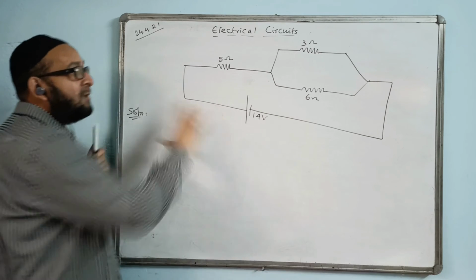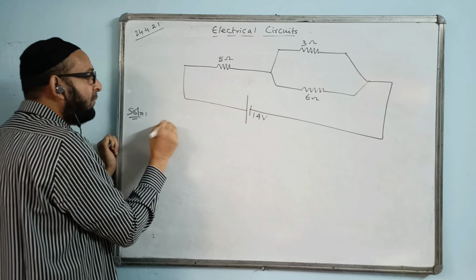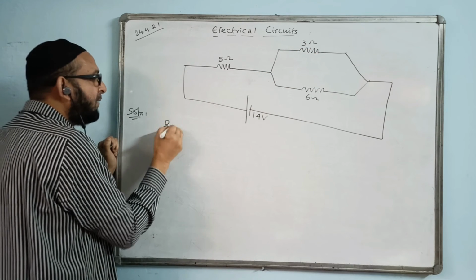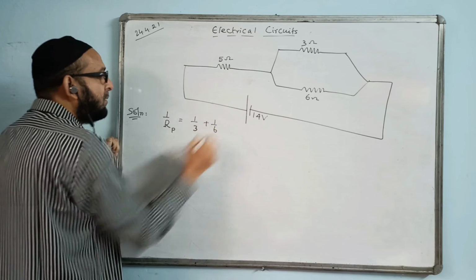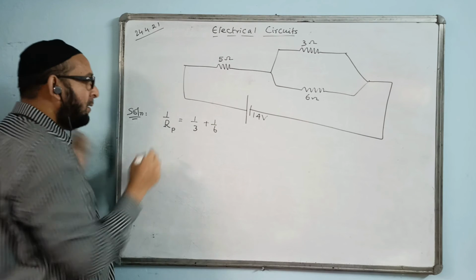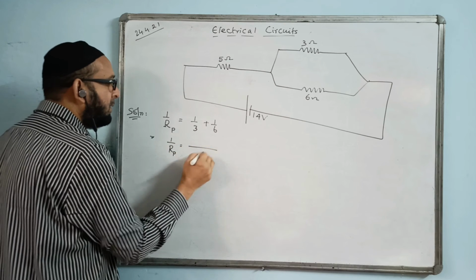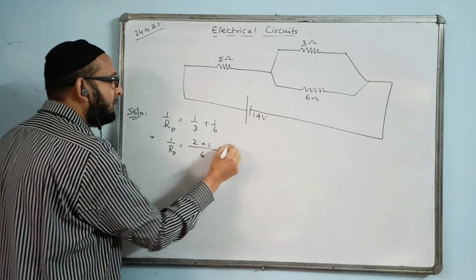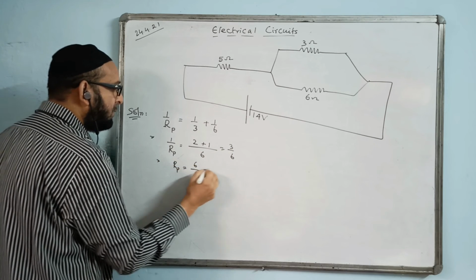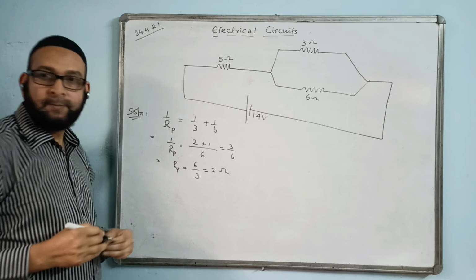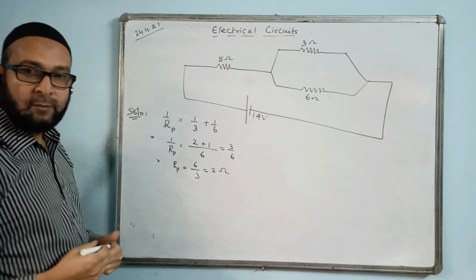Okay. So first we will find the total resistance of the circuit. What is the total resistance? These two are in parallel. Let us find the RT value first. 1 by RT is equal to 1 by 3 plus 1 by 6. Let us find the value of RT. LCM 6, 2 plus 1, so 3 by 6. RT is coming 6 by 3, so 2 ohm. With 3 ohm and 6 ohm in parallel, we always have the answer coming 2 ohm.